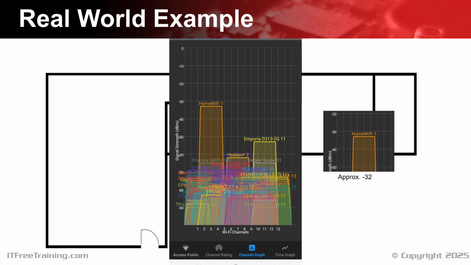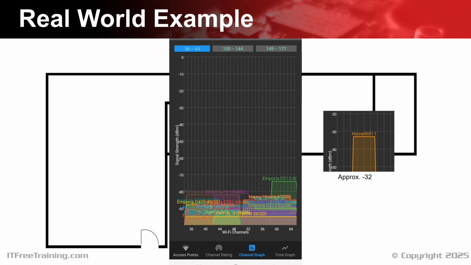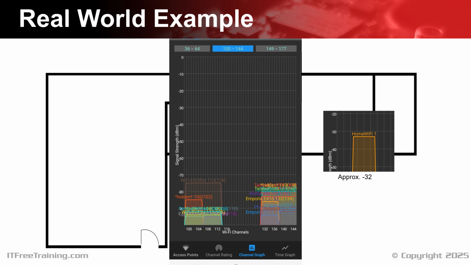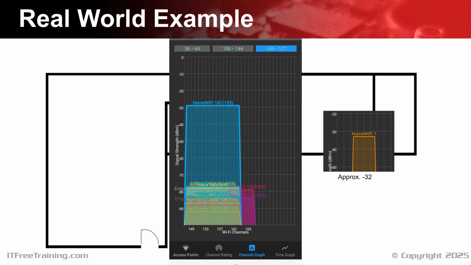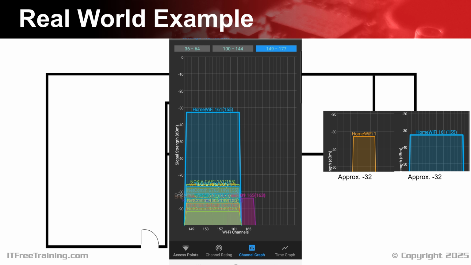This graphic will only show the 2.4 GHz band, so I will select the 5 GHz band. Unlike the 2.4 GHz band, all the channels are not combined together, so I will need to go through each channel till I find my Wi-Fi. I have found my Wi-Fi point, so I will add the reading to the map. You can see that both the 2.4 GHz and the 5 GHz bandwidths have about the same signal strength, but I am quite close to the router.